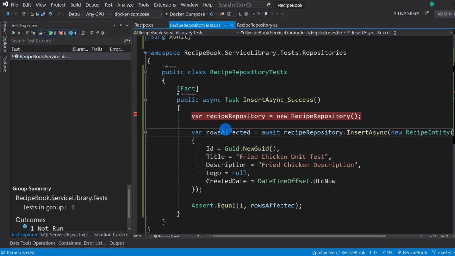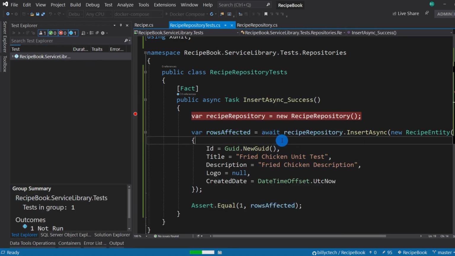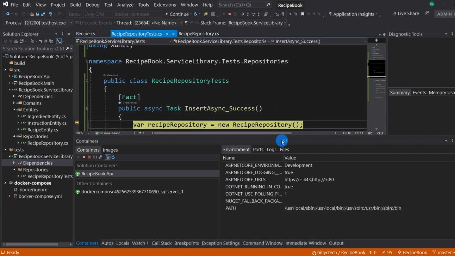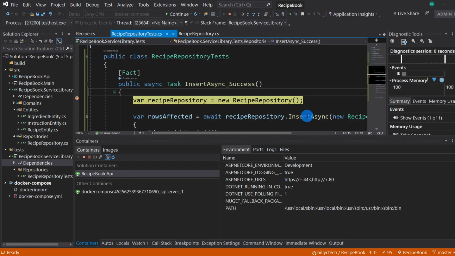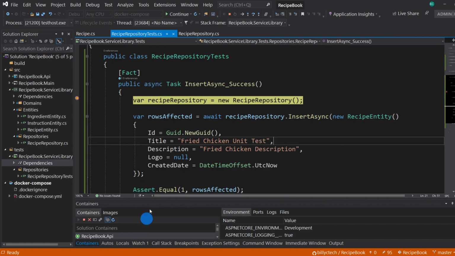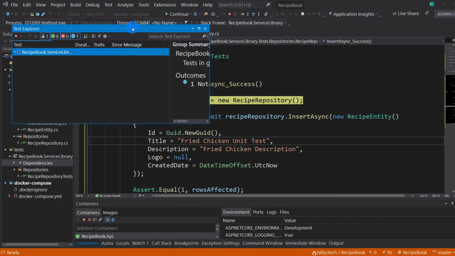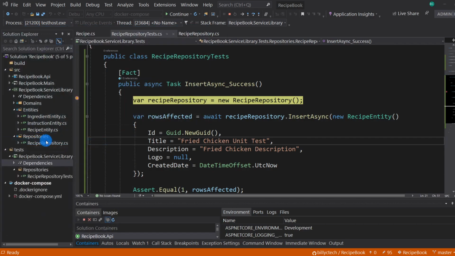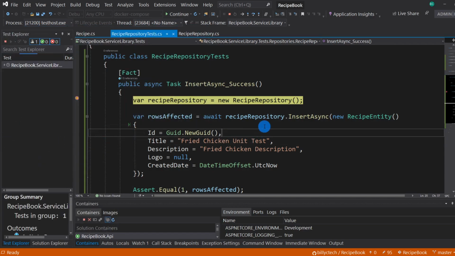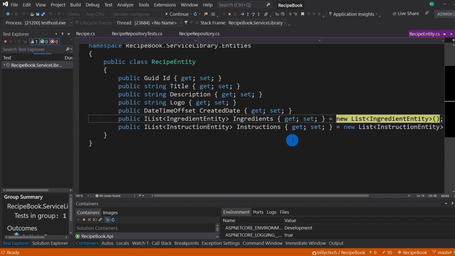Back in our test, right click, debug test, make sure that this is running. As soon as it hits the breakpoint, let's start navigating. So let's just move this down a bit. I'm going to clean this up, and we want to make sure our test explorer is here. So let's go view, test explorer, and we'll just pin that over here as well. So let's step through this, and we should be stepping in